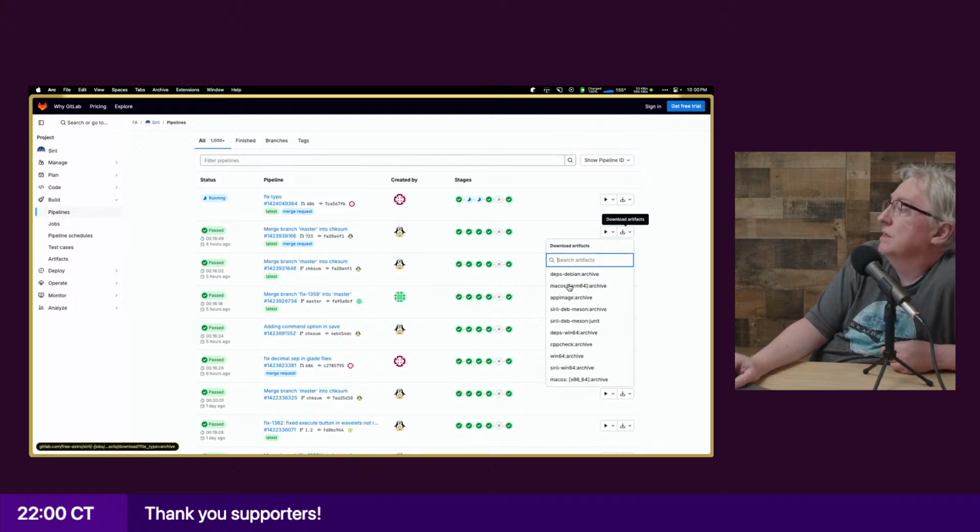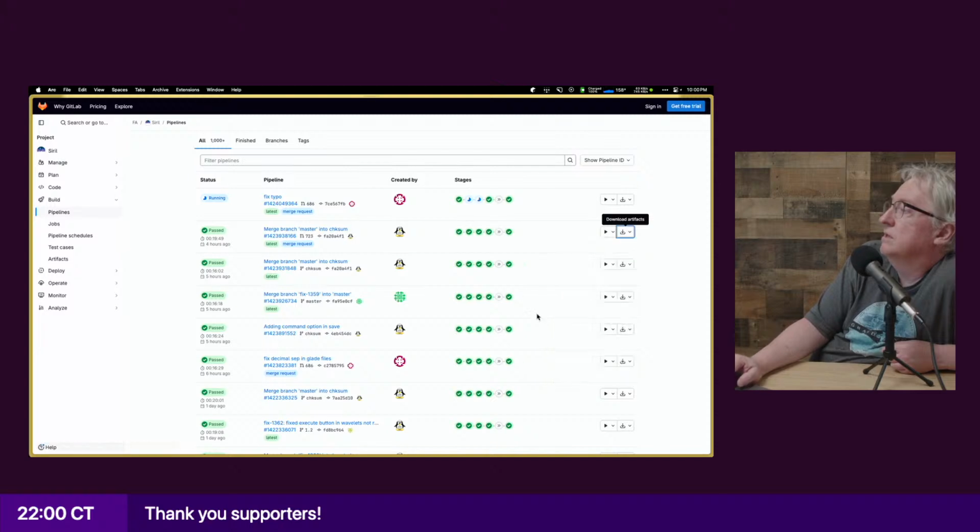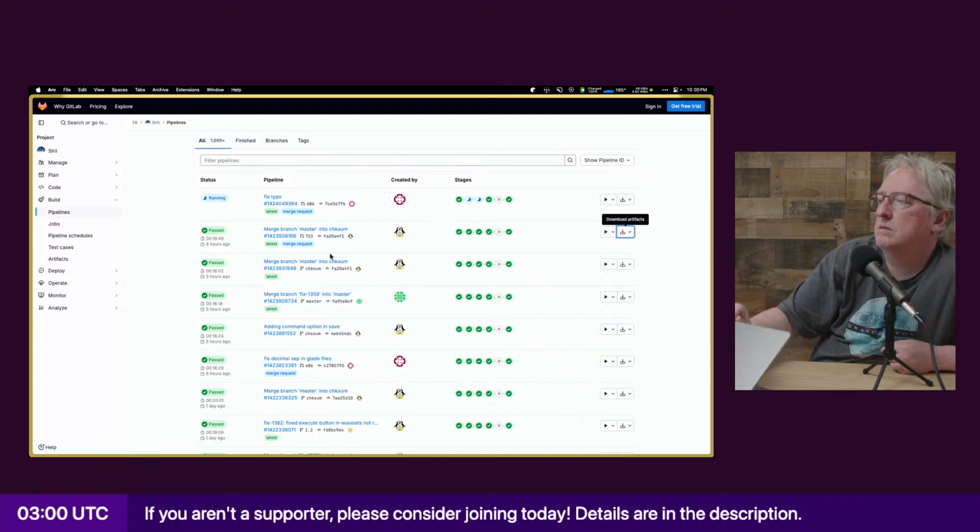And so it's got the Mac OS image. Here, it ended up downloading it.